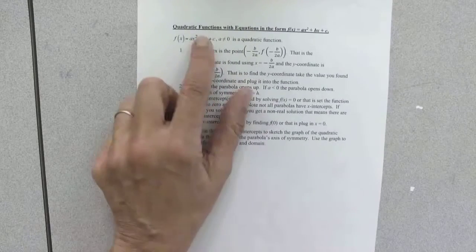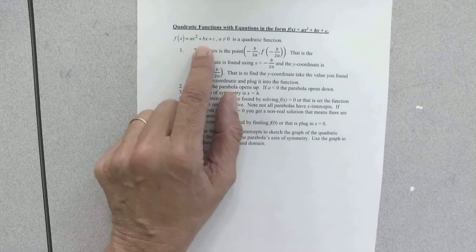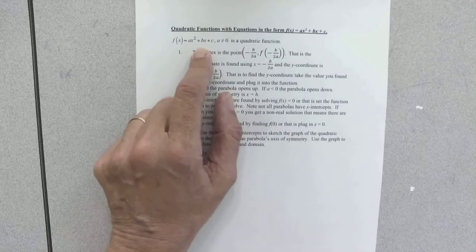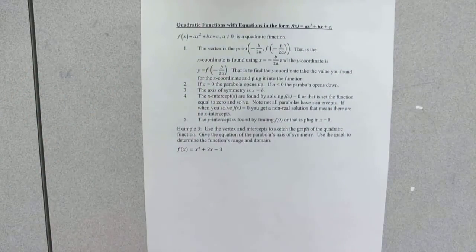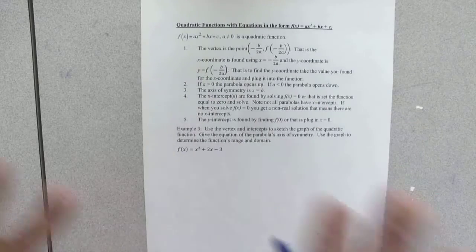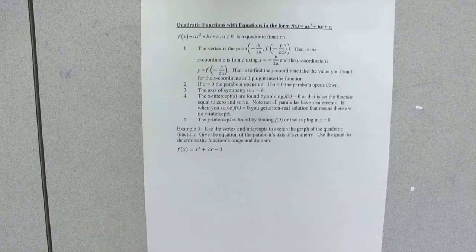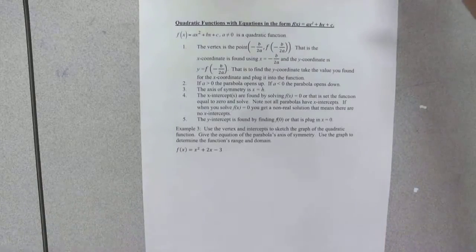I've just found that telling people to complete the square on this, they have a tendency to make a lot of mistakes in completing the square, so then the rest of this turns out to be wrong. But if you remember how to complete the square and want to do it that way, that is perfectly fine. What we're going to do instead, or what I prefer,